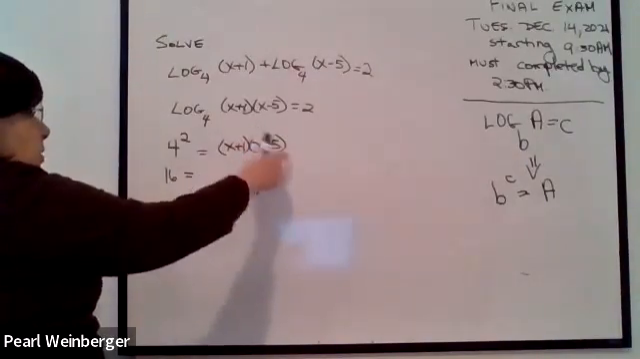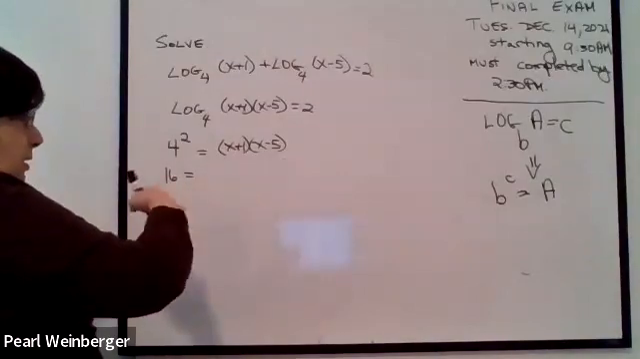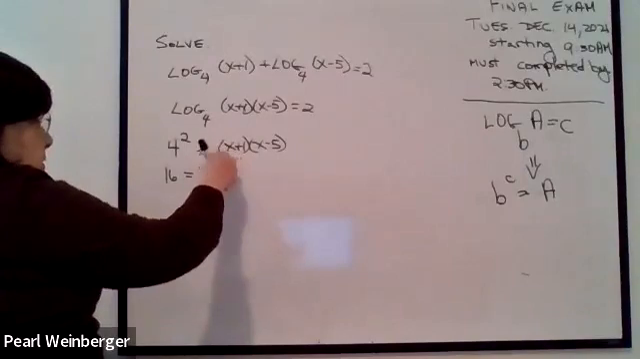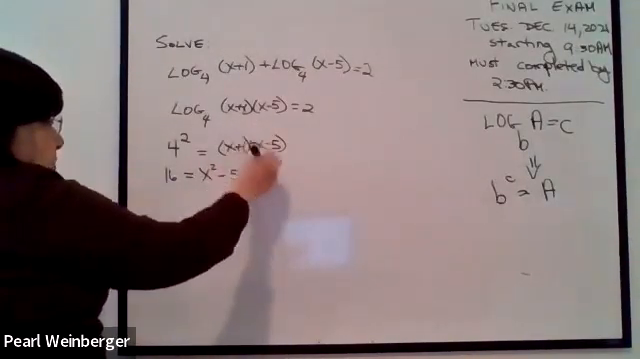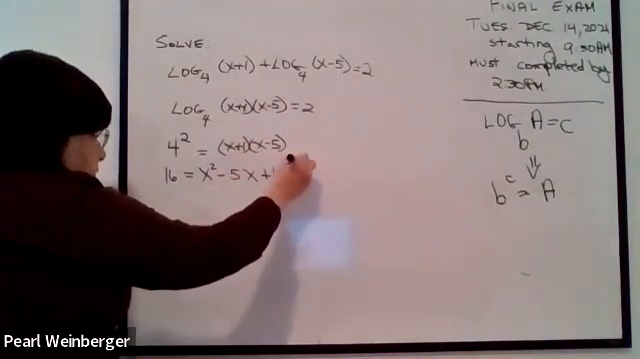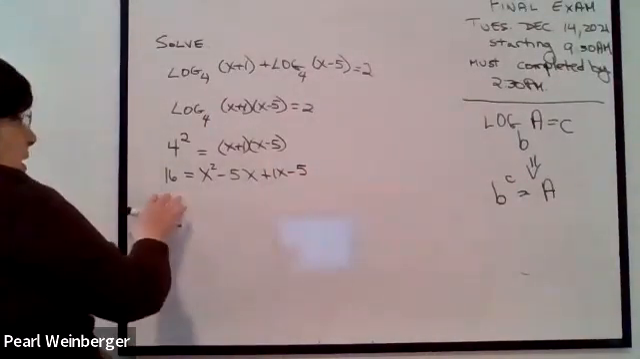And over here, I'm going to use FOIL. I have to open this up so I can combine all the like terms. So this is going to be an x squared. Outer is negative 5x. Inner is plus 1x. And last is 1 times negative 5 is negative 5. It's obviously a